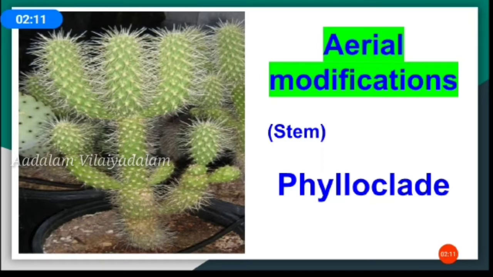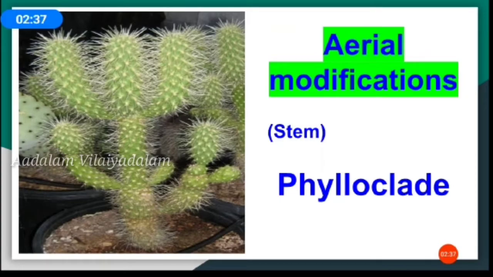In desert plants, conserving water is a big challenge. So they have some adaptations to prevent water loss. If the surface area of the leaves is larger, evaporation would be more. And if the surface area of leaves is smaller, the evaporation will be less. So what plant is this? This is cactus. Cactus is a desert plant. It has a thick stem and leaves are reduced to small spines.